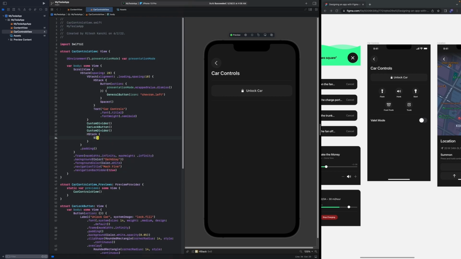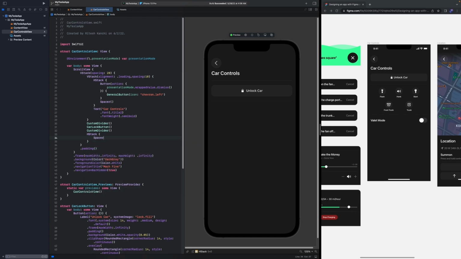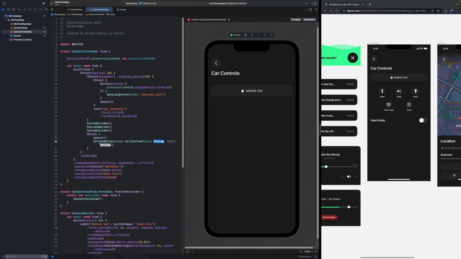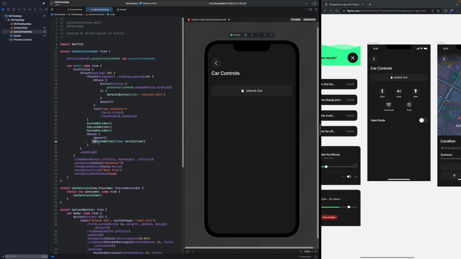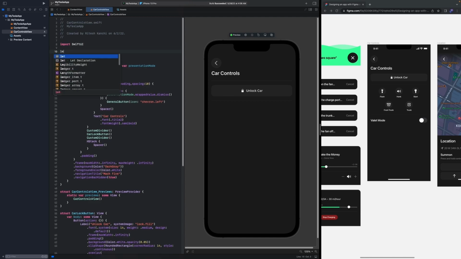We can always do a grid if we want to, but I'm just going to add a few general buttons. Actually, not general buttons, the action buttons. They're going to have an action item attached to them. And actually, what we're going to do is create some of these action items. So we're going to create right here,